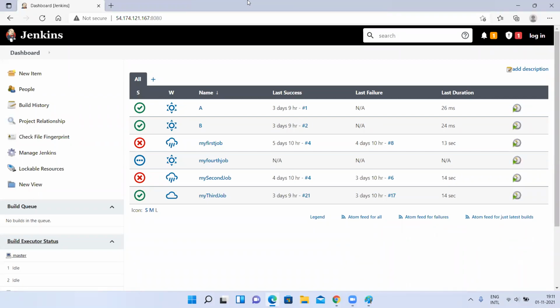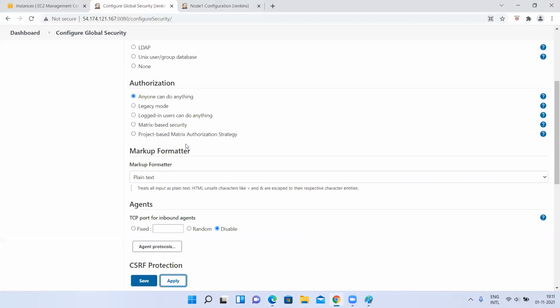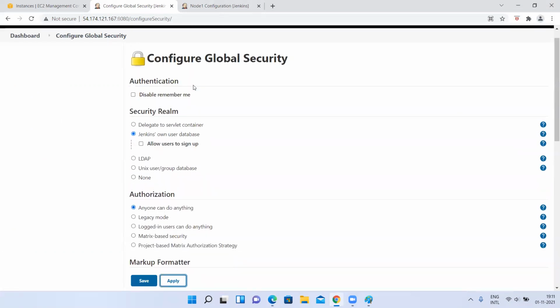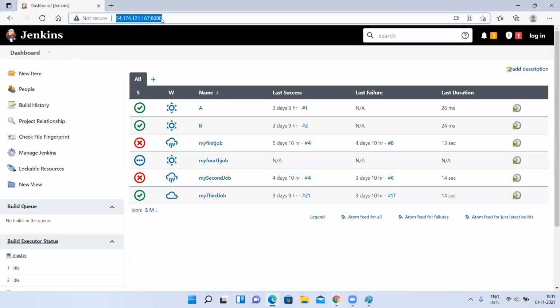Someone is just hitting this. For this user, do you have any username and password in my Jenkins? Is this an authenticated user? No. This is called an anonymous user. Still, I haven't logged in, but it is showing everything, including Manage Jenkins. It is saying authorization: anyone can do anything. Means whether you logged in or not, either you are an anonymous user or a logged in user. Anonymous user means some unknown user who just knows my URL. That's it.